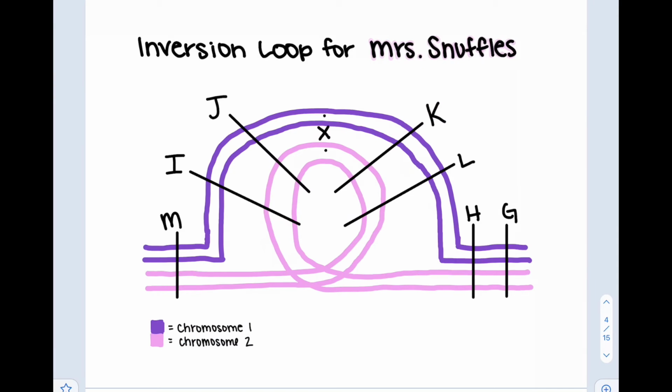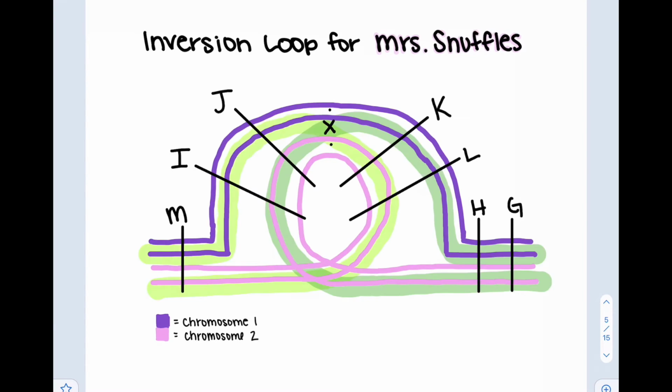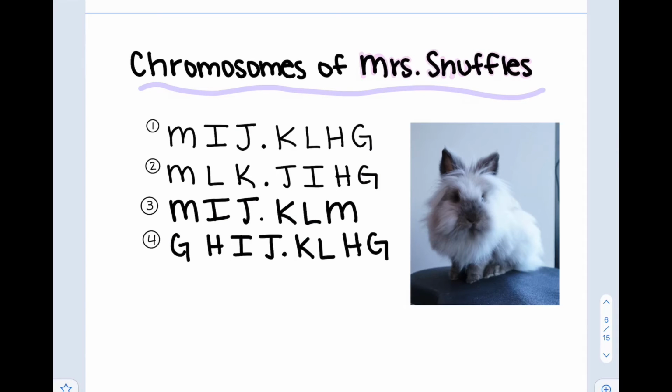Now we will put each loci in an inversion loop to better match the letters of the chromosomes, where we can see a crossover between J and K. We can now see what this crossover would look like, as the 2 new gametes that will come from this crossover will each have half of one chromosome and half of the other. Following the crossover, we can see 4 new chromatids and determine which are viable and non-viable.